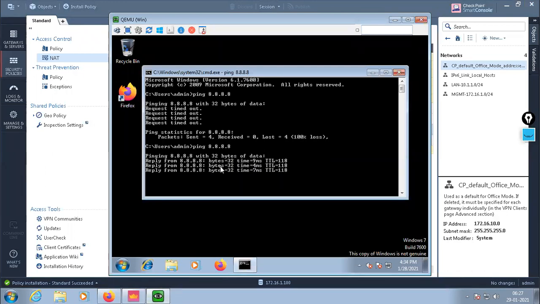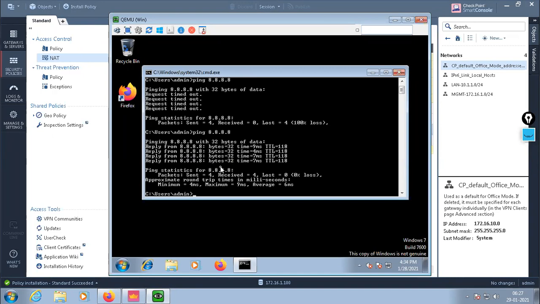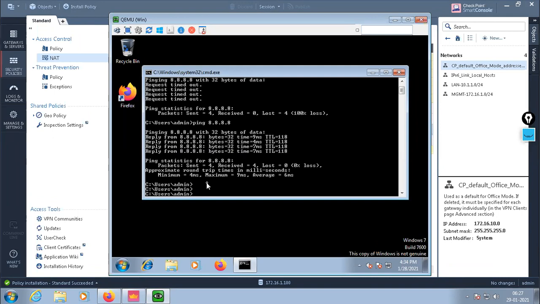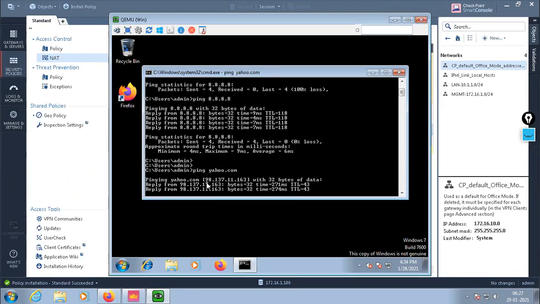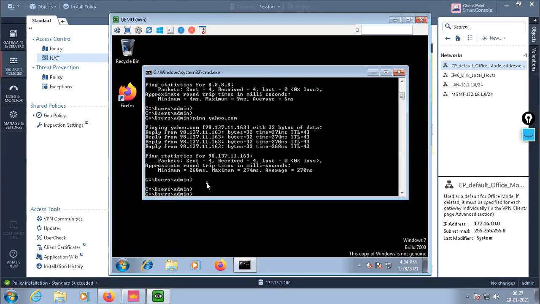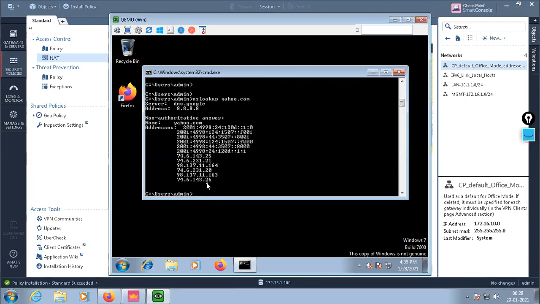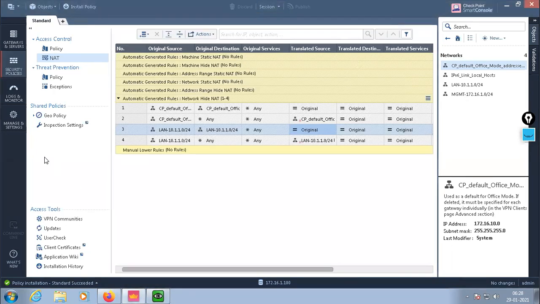Now see, it is going. Okay, now look at this. If I do something, let's say ping, it's pinging. Okay, now I send a query of a different protocol, let's say nslookup yahoo.com. So the nslookup is done. Now let's go and see what is happening on this, let's check the query log. Look,